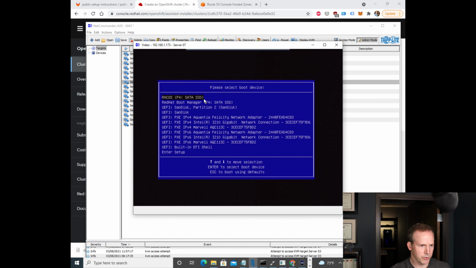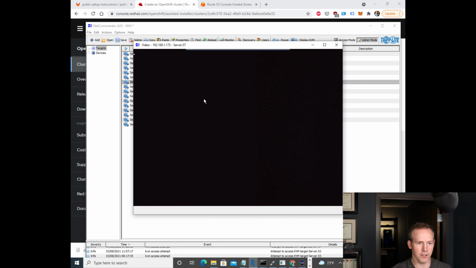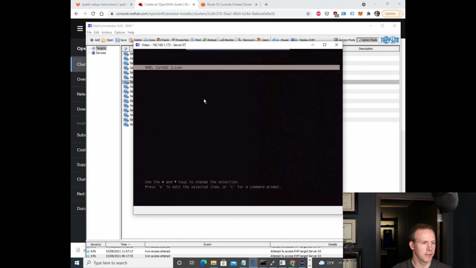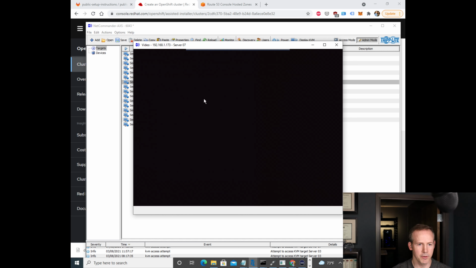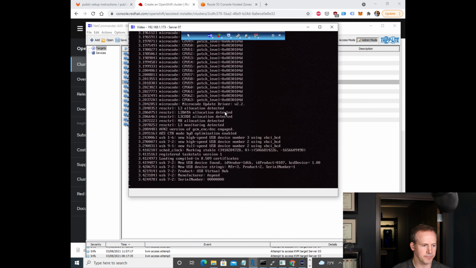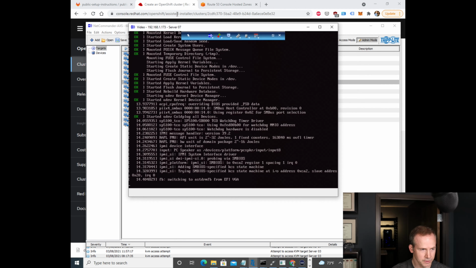Alright, and I'm going to look for my SanDisk USB device. Alright, so I'm going to select this and start the boot process. Red Hat CoreOS will boot up, and after it boots up here, you'll see what happens. Once that finishes,